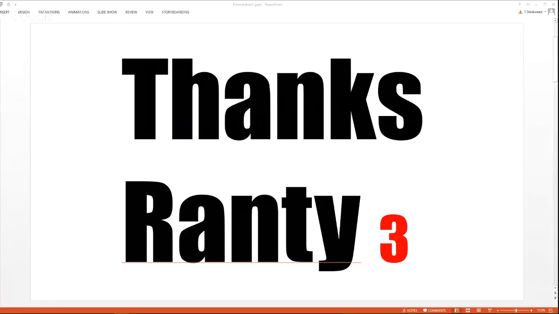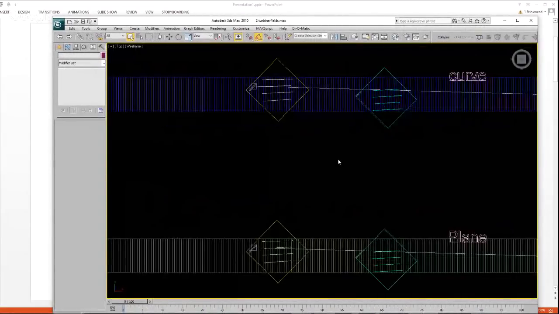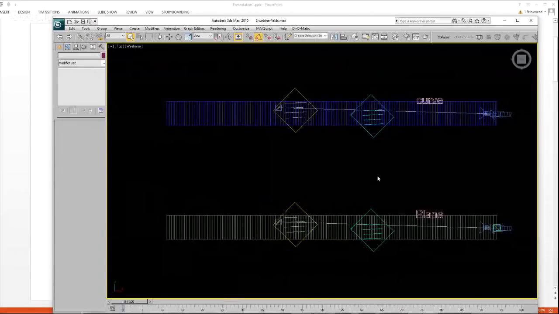Let's see. Save. Now the model that I'm using is the one that I made the other day and was showing everybody. It turns out that I was off by 42 meters on the front set of turbines, the Barrow field.